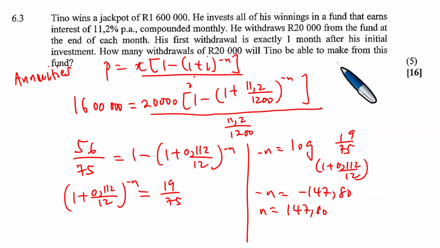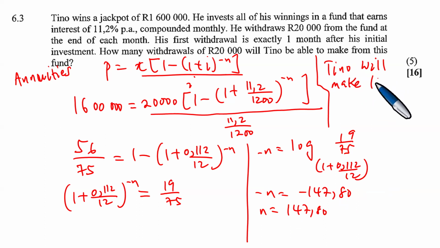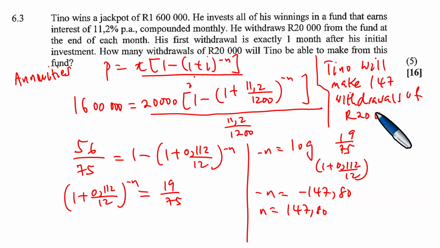So that means that Tino will make 147 withdrawals of 20,000. Okay, so we are using what we call the present value